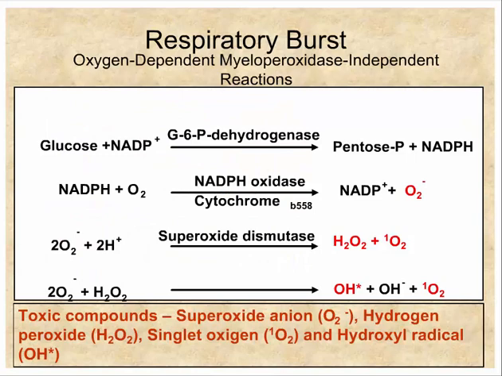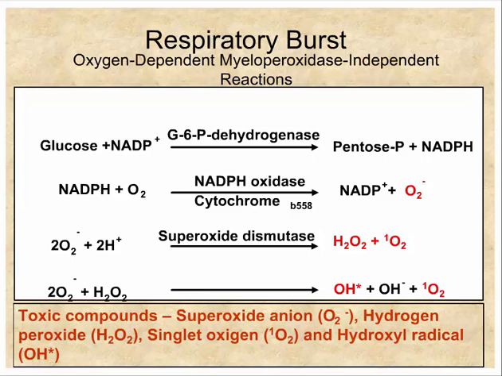Okay, so how do they kill? There are a number of ways that these cells kill the bacterial cells. One of the things that's observed is that when this process of phagocytosis is initiated and you start forming this phagosome, there is simultaneously an increase in oxygen consumption and the utilization of glucose. This is referred to as the respiratory burst. So you have this increase in oxygen consumption, and glucose is utilized in the process.